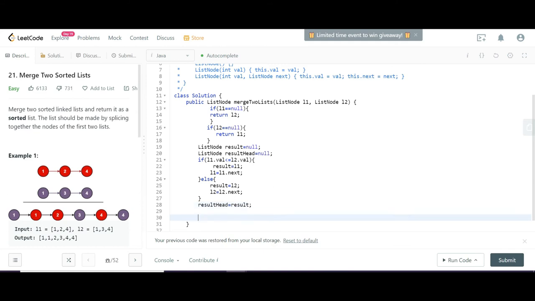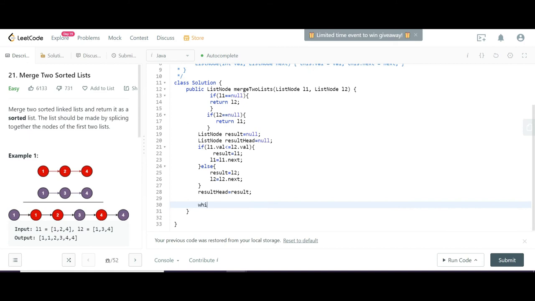Okay, so we have to define a while loop here to traverse the entire linked list.